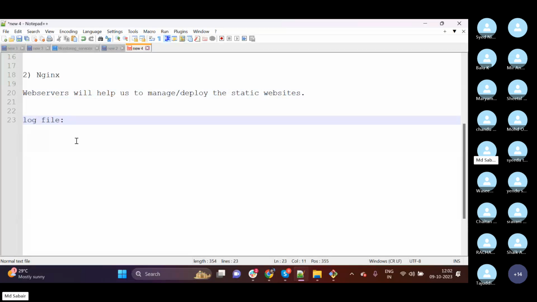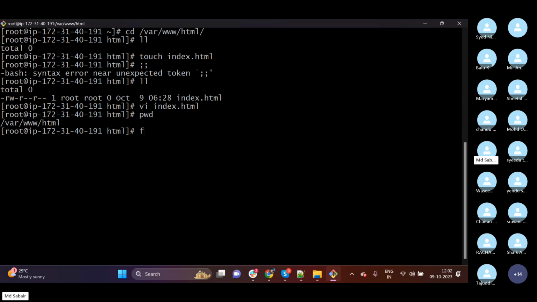Even in institutes, in offices, in our workplaces, we have these logs, right? Basically, it has the complete entry and exit: what happened, who came at what time, when he left the place, what was the purpose of the meeting, whom he met. Similarly, each and every service will also have log files. With the help of log files, we can understand what is happening. So how do we know where our log file related to Apache is? We can check this: find / -name